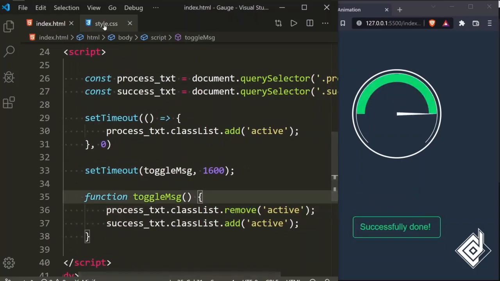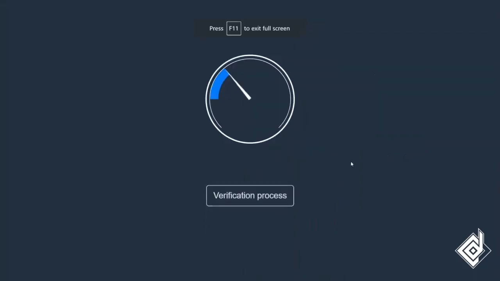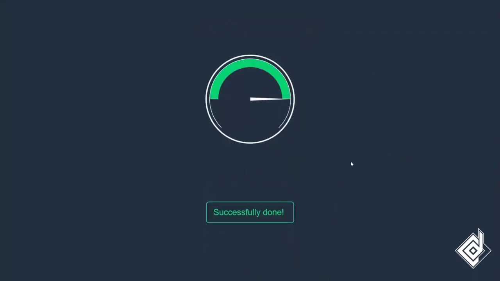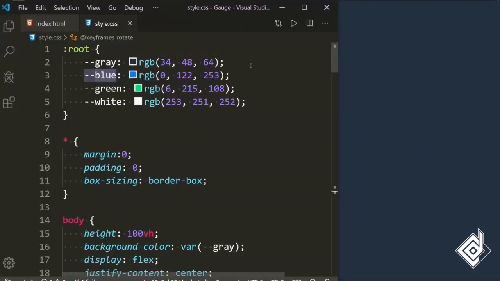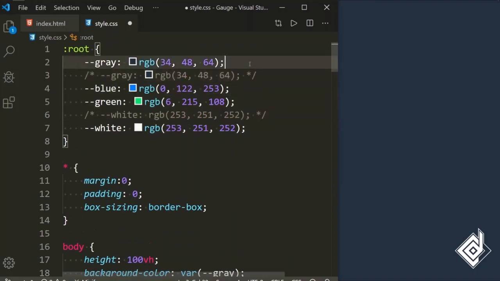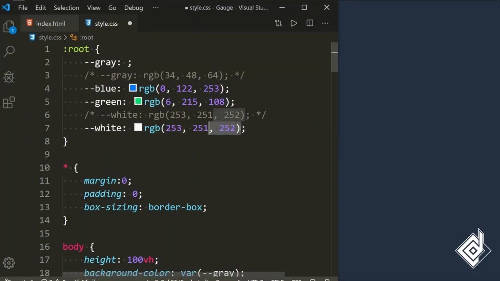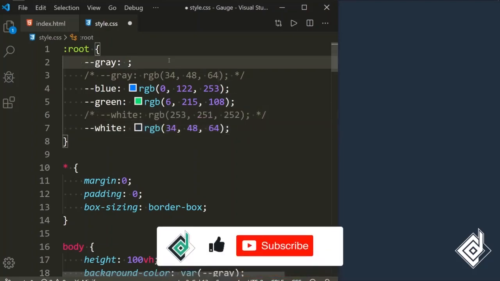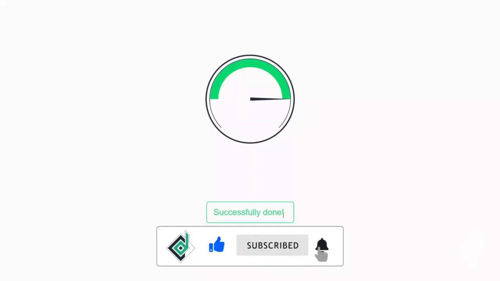Okay, now it's working, the animation is working, but if you don't like this background or color, then you can change it. For the white color, I am giving gray color, and for the gray color, I am giving white color. So in the browser, you can see.